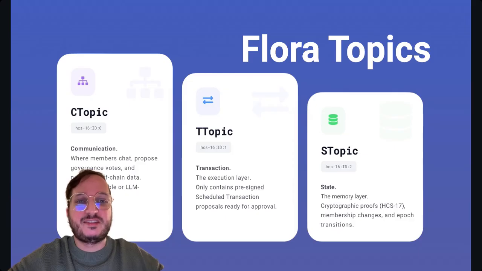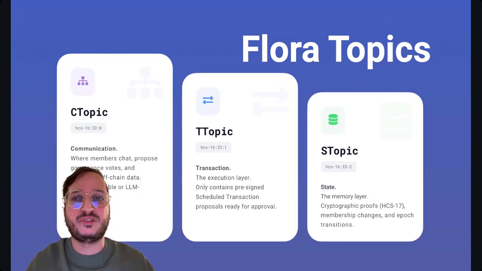Lastly, there is the S topic. The S topic is a state topic. It is a cryptographic proof that shows the current state of the Flora. So if your appnet is coming to consensus on something, let's say it's the price of an asset at a certain period in time,